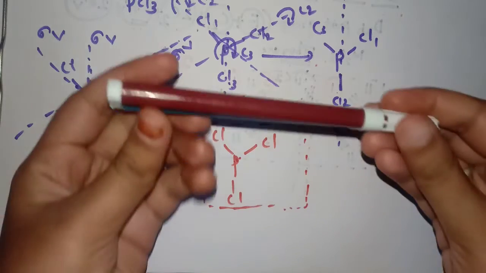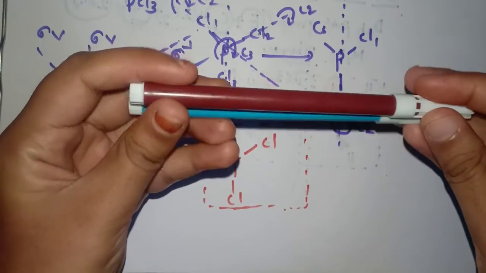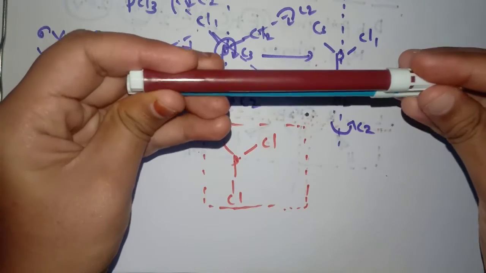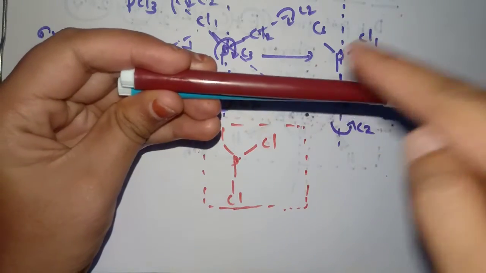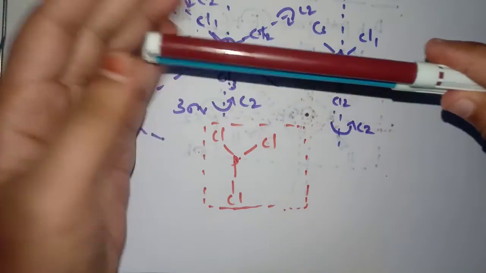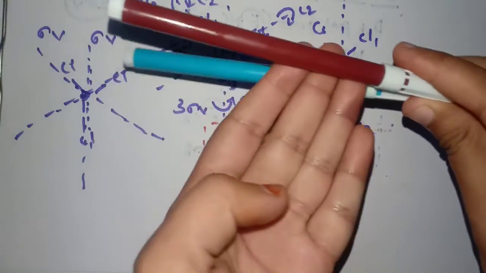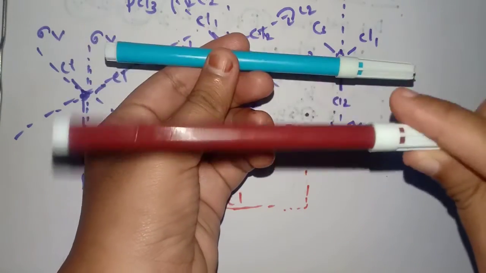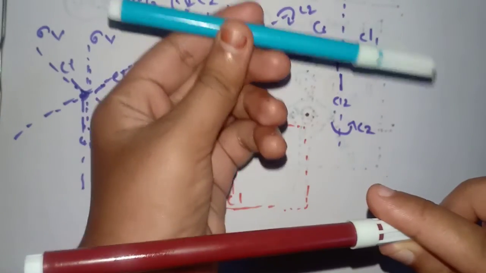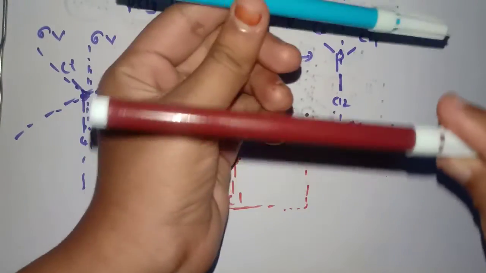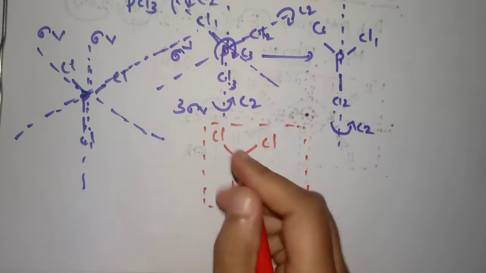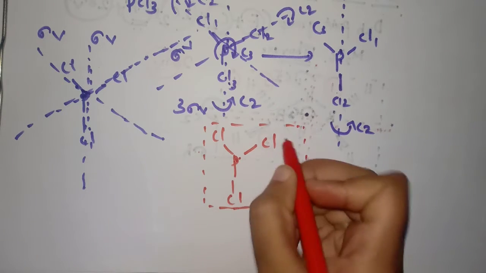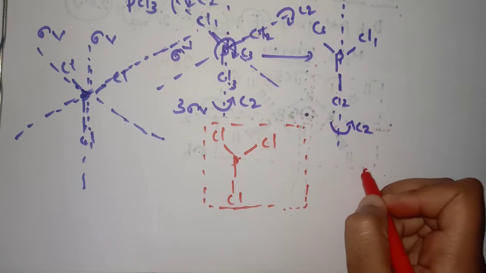If this is the PCl3 molecule and we are passing the plane, here is the principal axis, and perpendicular to this one is this one. It will bisect the molecule like this. This is the front PCl3 part and this is the back PCl3 part. These two are the mirror images of each other. We should think of it in the way that this is in a spherical shape and these are also on the spherical shape like this.